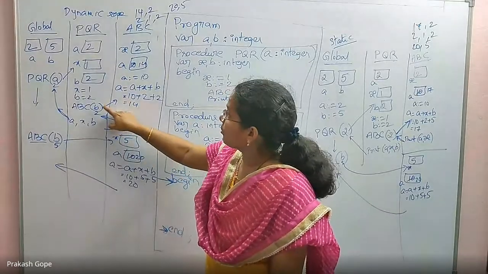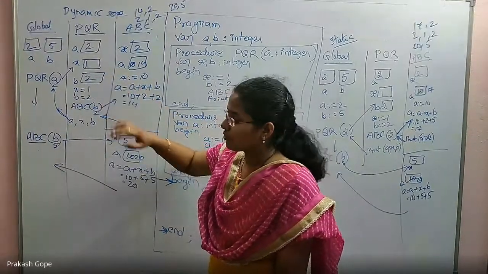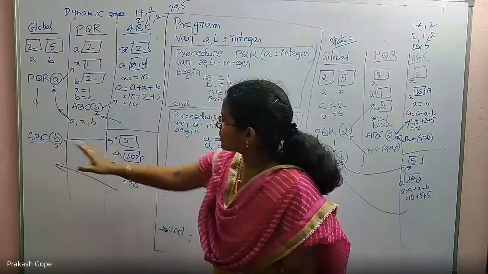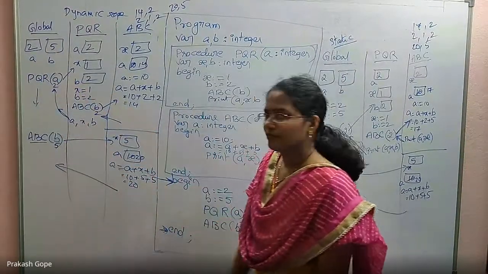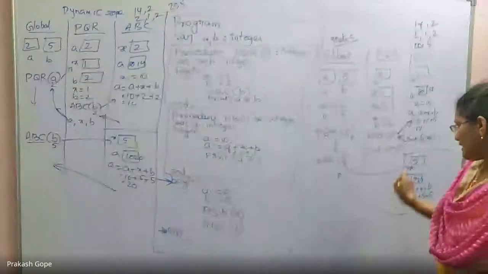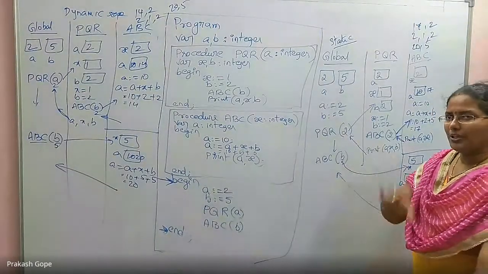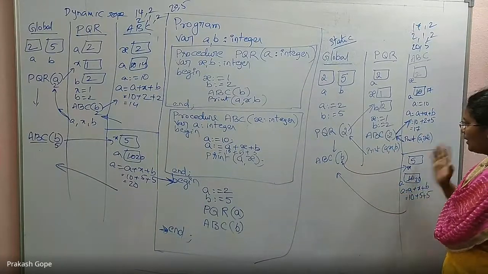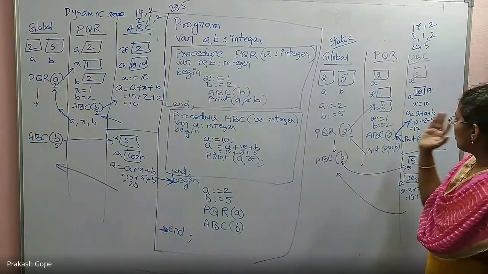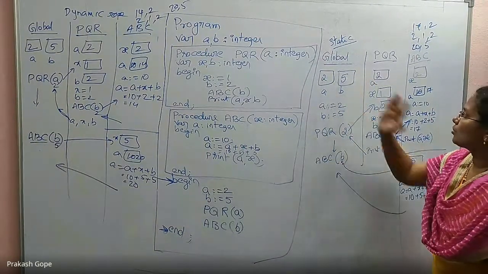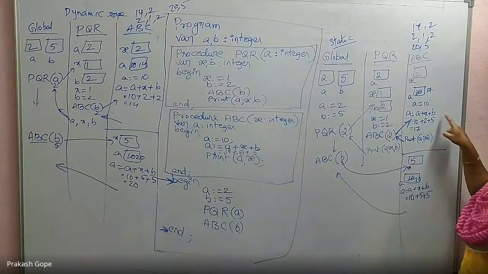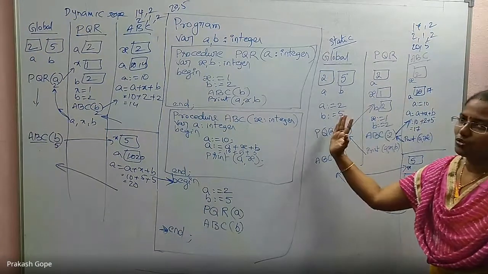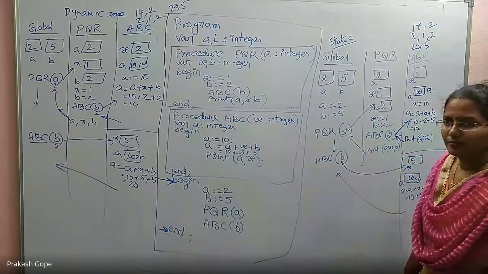This was the calling environment. Calling environment was PQ. That's why. Now when I called ABC from global, it's global's B I have access to. Fine. That is the difference. But in static scope, every time it is the outer block. Whether the call is from here or from here, its outer block is global. So both times I have access to global B only. So here also I used 5, here also I used 5, because for this the outer block is always global as per the code.